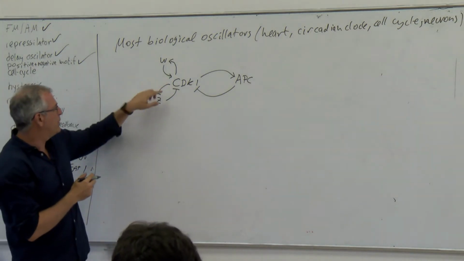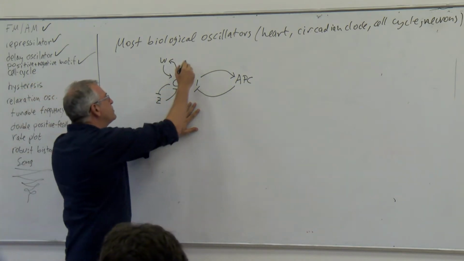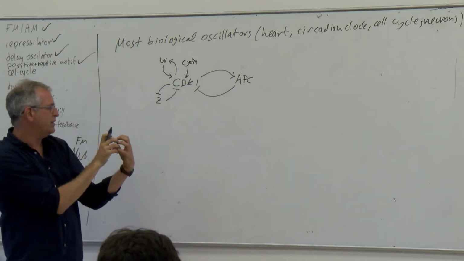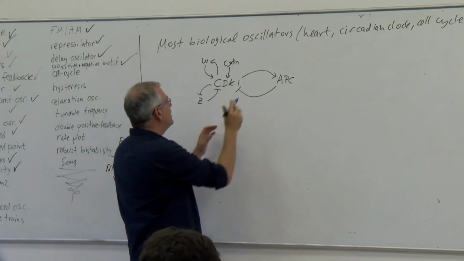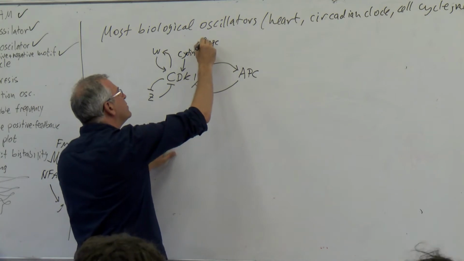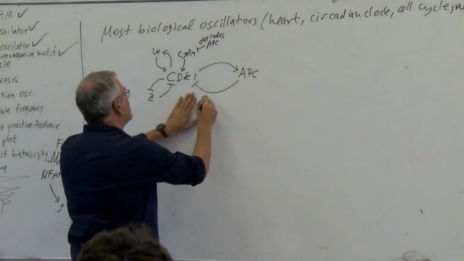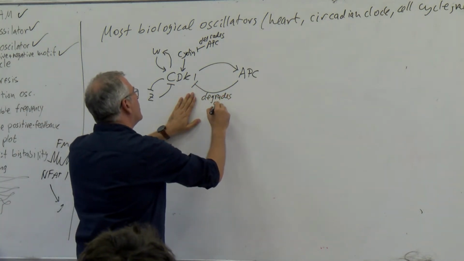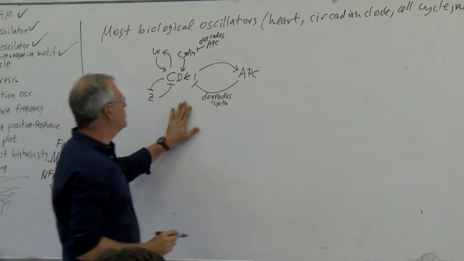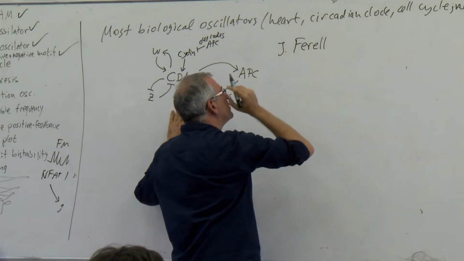So this positive feedback is actually made of a double positive and a double negative. How does this work? CDK is a complex, it has this subunit called cyclin that makes it active. And APC degrades this cyclin. This is the way it works. So that's this arrow. So it degrades cyclin. And here it phosphorylates APC. Okay. The key to understanding this, there are experiments by James Ferrell at Stanford,